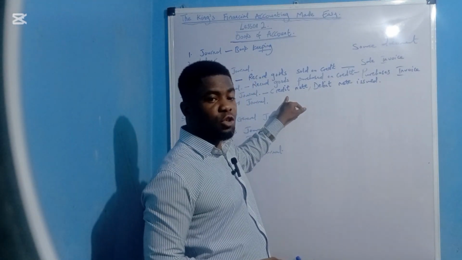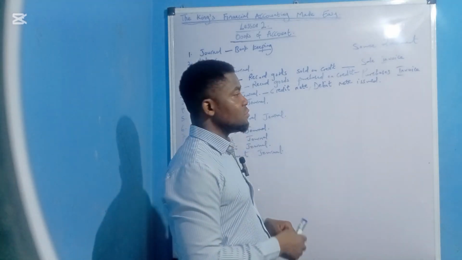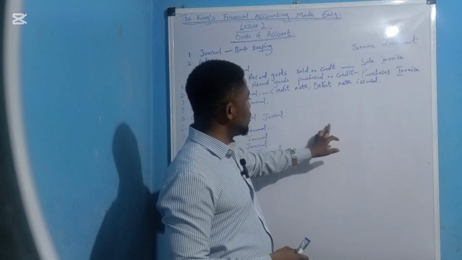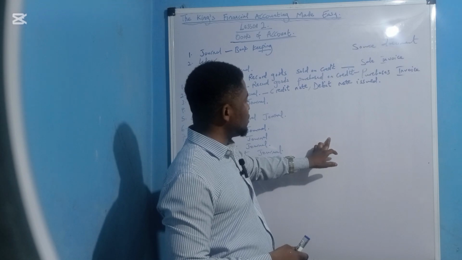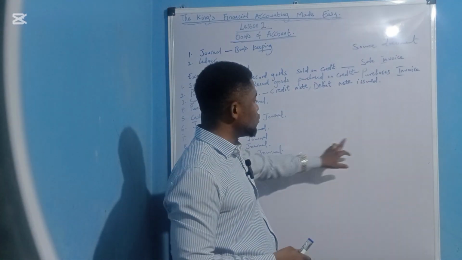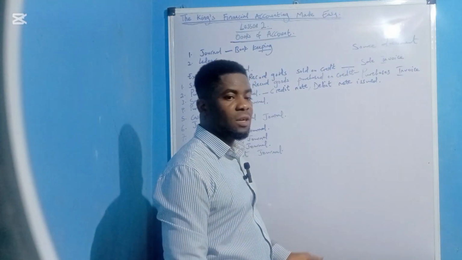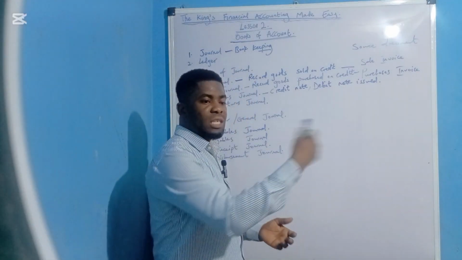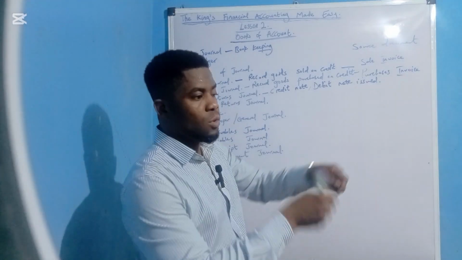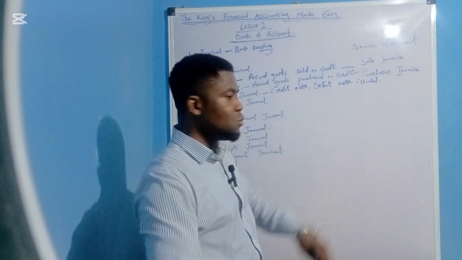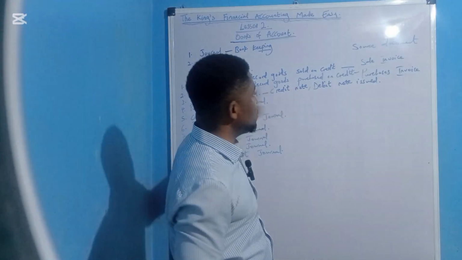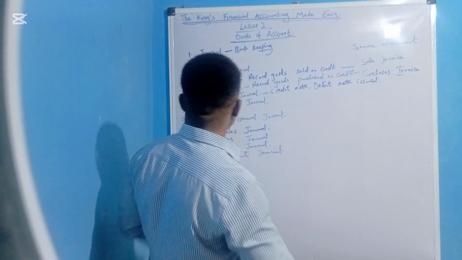A credit note is also issued when there is an overcharge. Maybe in your stock you have supplied stock of 10,000 naira, and then in your invoice you wrote 12,000 naira. That is an overcharge. You have billed the customer more than what he or she is supposed to pay. So you issue out credit notes, then you use that credit note to record in your sales journal. The same thing with debit notes, just to correct those mistakes.